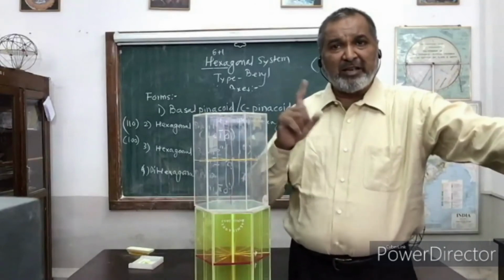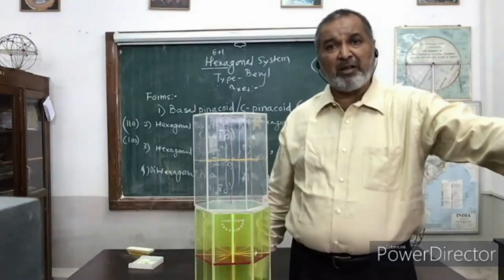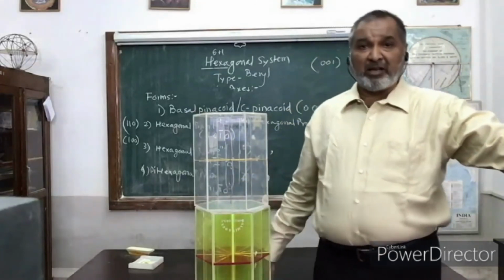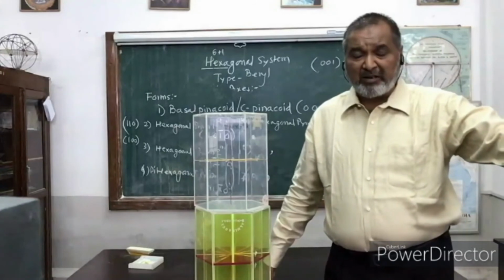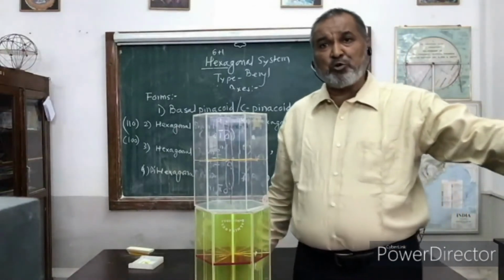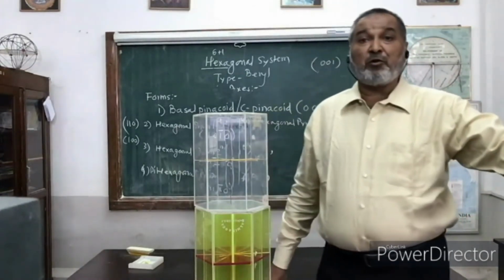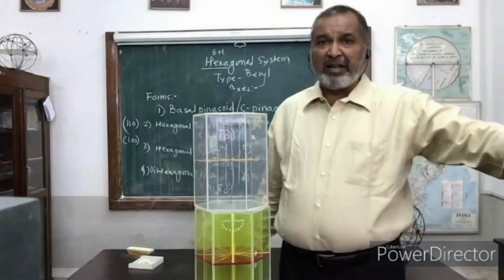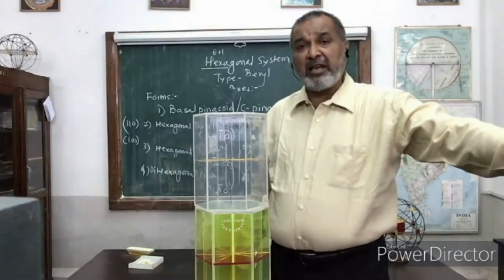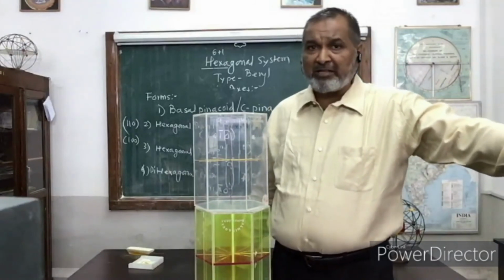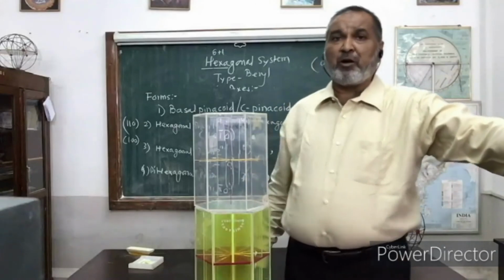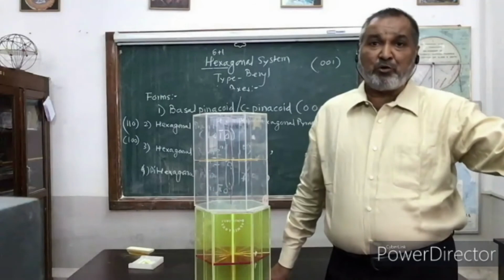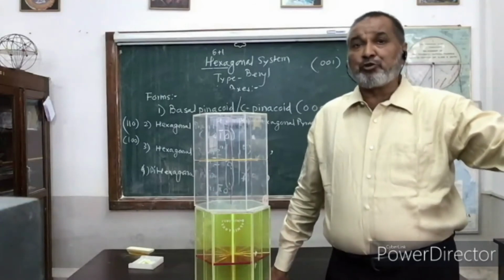And the last one is dihexagonal pyramid where all axes are cutting at unequal length, HI bar KL. So this is the unique system where one more axis will be introduced. So in this system we have the 4 axes, A1, A2, A3 and C. Out of this, A1, A2, A3 will be the horizontal axes, making an angle of 120 degrees with each other. So due to that, the sum of the A1, A2, A3 indices should be 0.